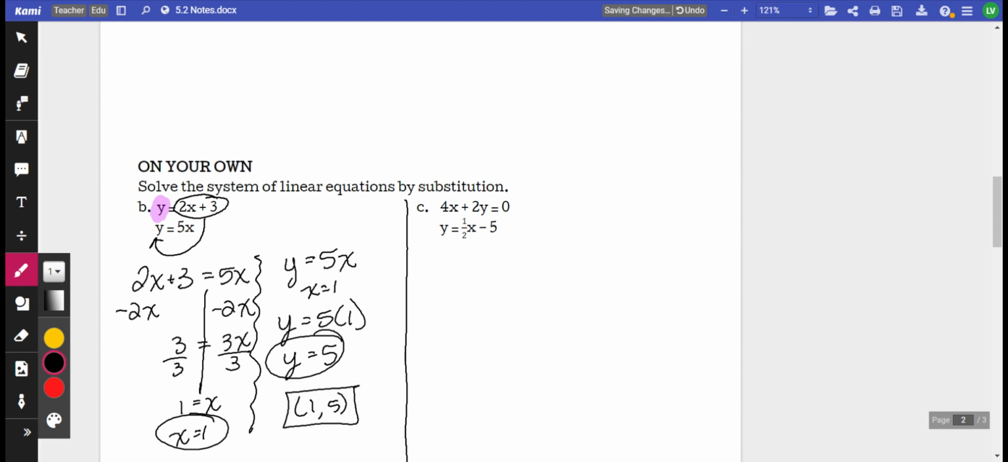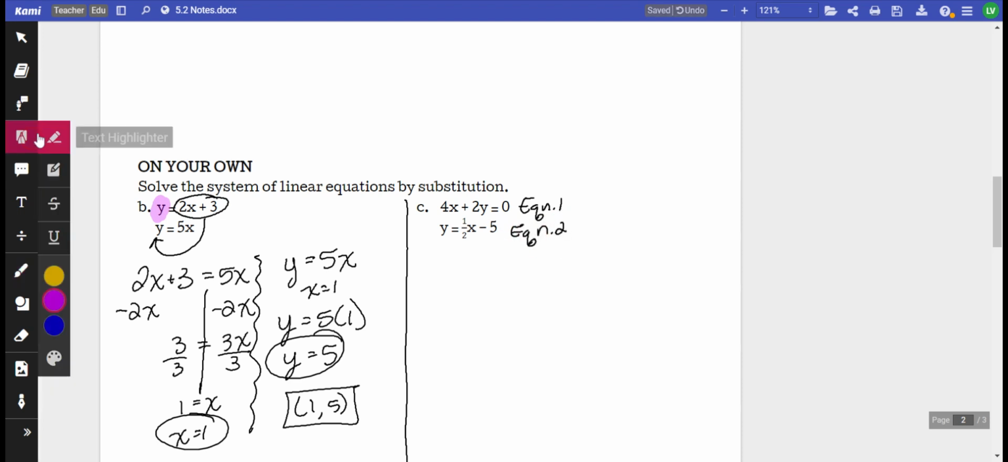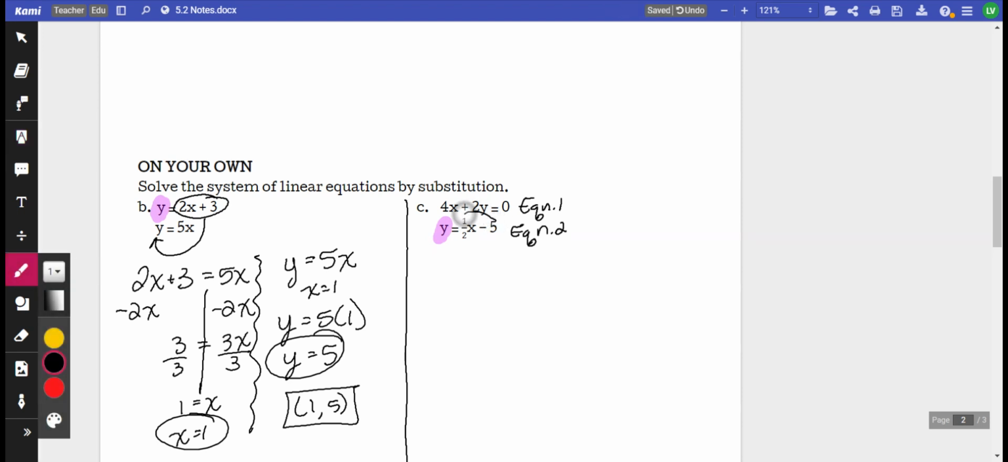For letter C, step number 1 is to isolate the variable in one of the equations. I have 4x plus 2y equals 0. My second equation is y equals 1/2 x minus 5. You'll notice that equation number 2, so if you want, you can label equation 1 and label equation 2, is already isolated with the y by itself. So I'm just going to take this 1/2 x minus 5 and I'm going to plug it into the y